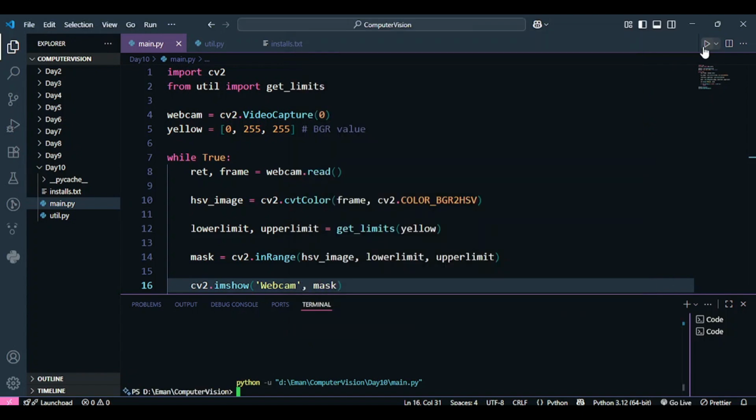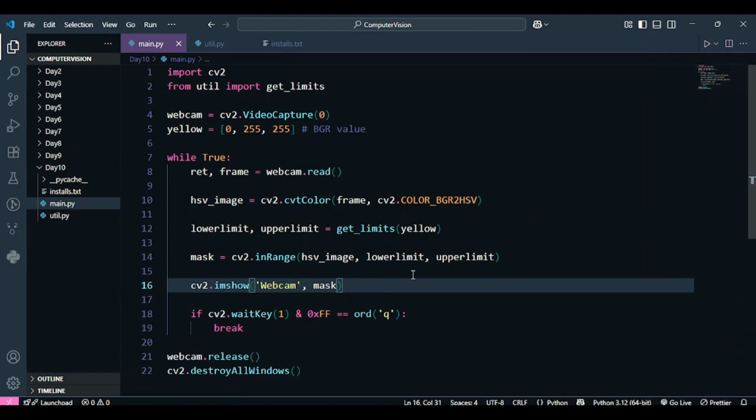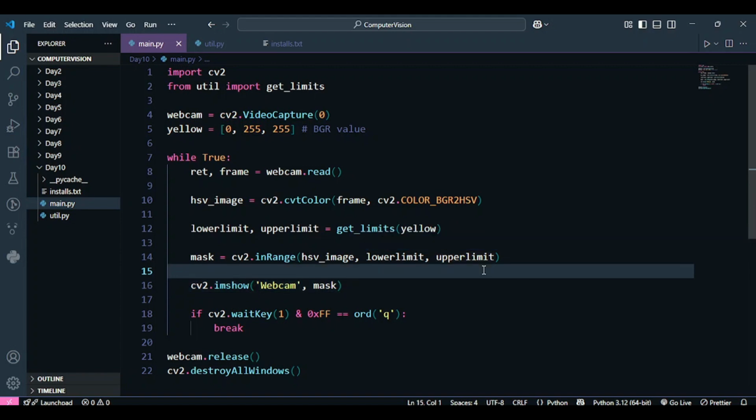And you know what, we are halfway there. We have detected the object by using this mask. By creating this mask, we are able to detect the color. We were able to detect the yellow color. That color yellow was appearing in front of us in white, and the background was black. So we are halfway there. The only thing that is left is to create a bounding box. We have to now create a bounding box around our object.